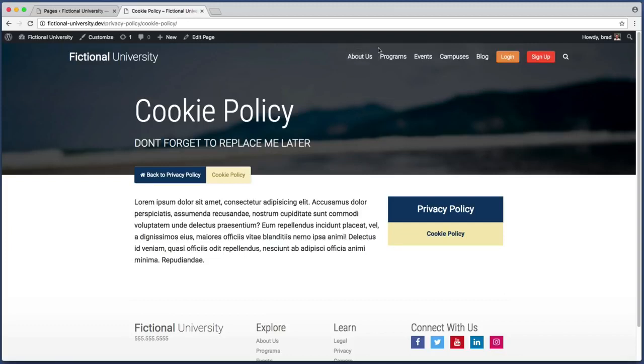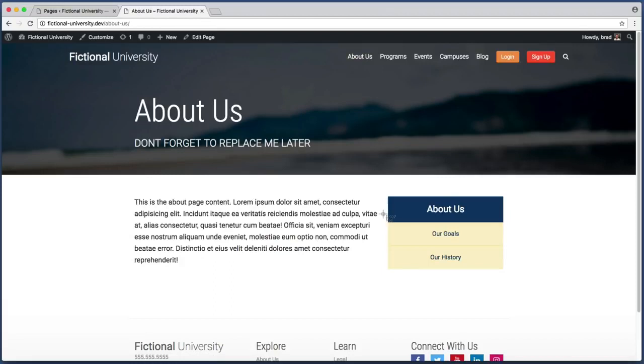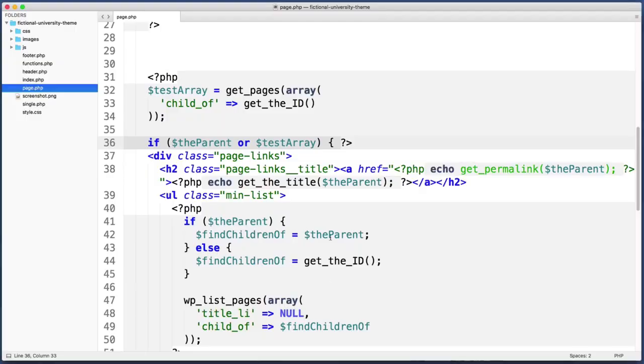Now before we bring this lesson to a close, I have one last tip for you. If I go back to the About Us page, you'll notice that I have multiple children links. And you might be wondering, how can you control the ordering of these? For example, what if I wanted our history to come before our goals? By default, WordPress will use alphabetical ordering,